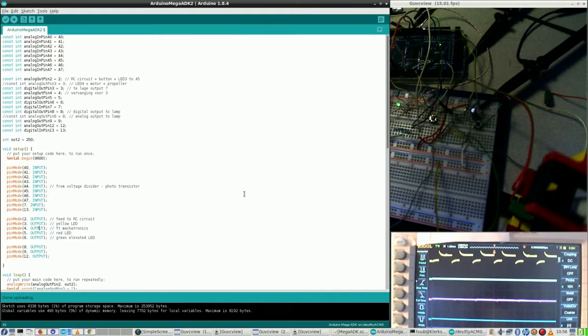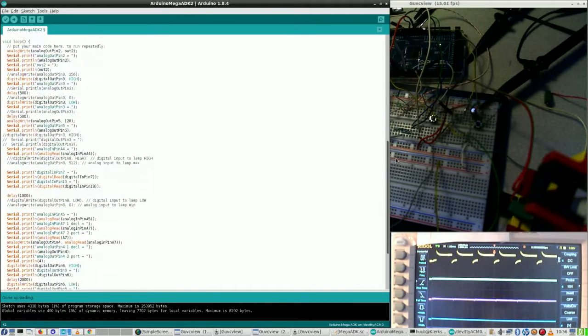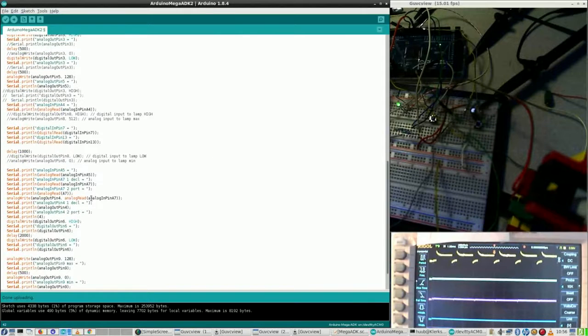It is already defined. And where is 4, 3, 5? As it looks like it's indeed no longer being, oh yeah, it is. Analog write out pin 4. It is being, oh wait,